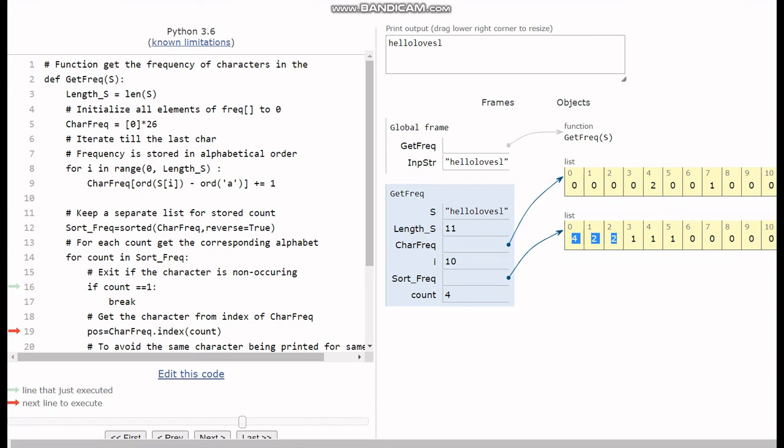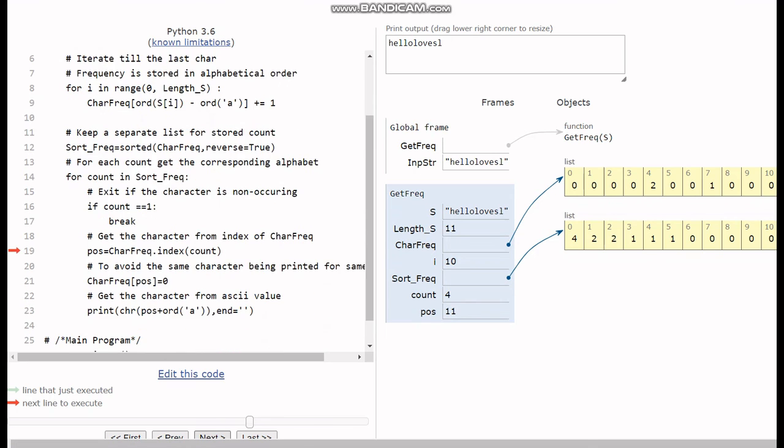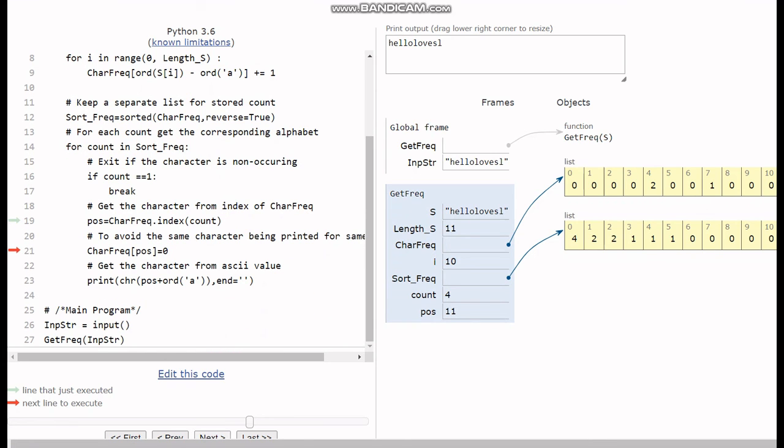The rest of it will never be parsed. It is one of the efficient ways of programming, instead of parsing through everything. So here I am printing, L has been printed, E is printed, and then I print O, and next I just break and come out of the program.